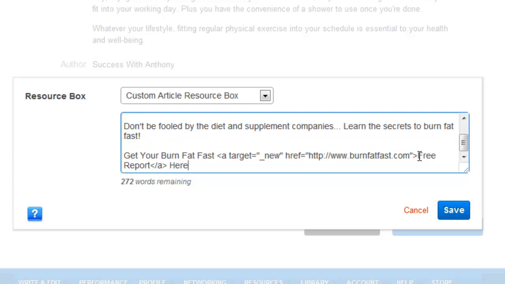And also, normally what we would do is make this whole thing a hyperlink. The whole get your burn fat fast free report here would all be a link, but eZine has a very strict policy on link text. They only let you do a couple words, so we're kind of stuck with that. So when we save this,